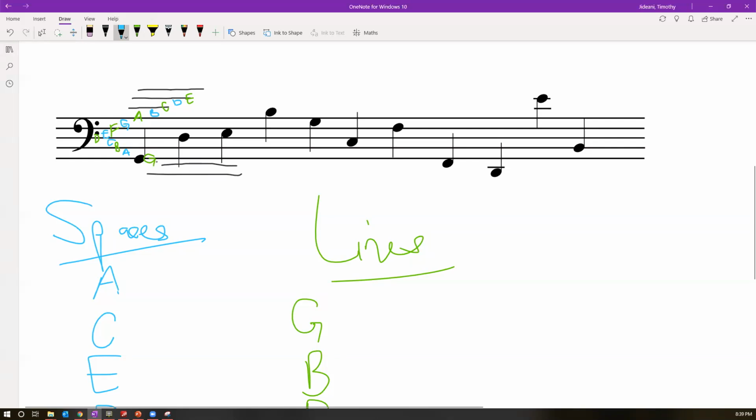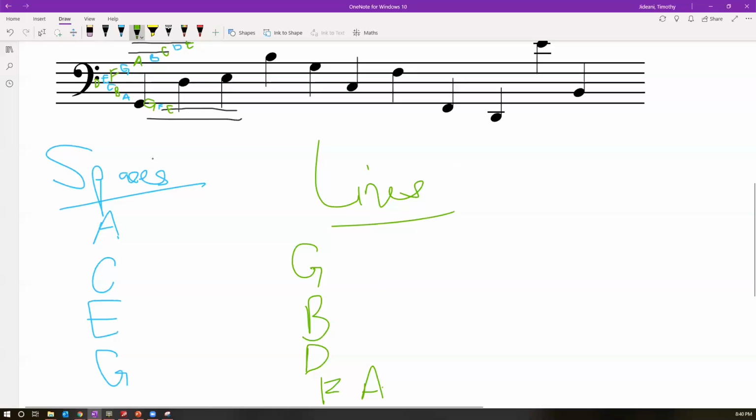In this space, we will have G, and that will be F, and that will be E. So that's E, F, G, A, B, C, D, E, F, G, A, B, C, D, all the way through. So remember, this is what we have. So if we notice A, C,